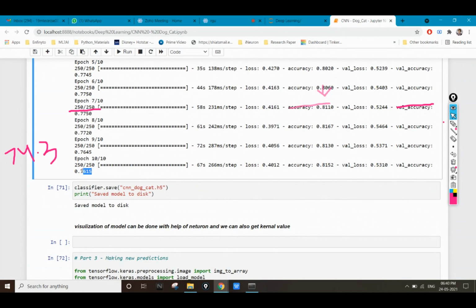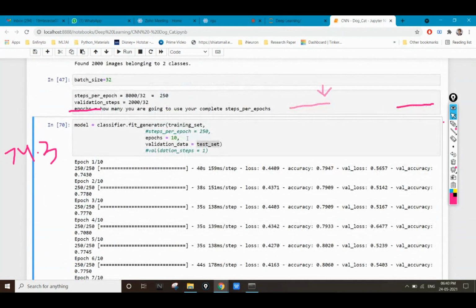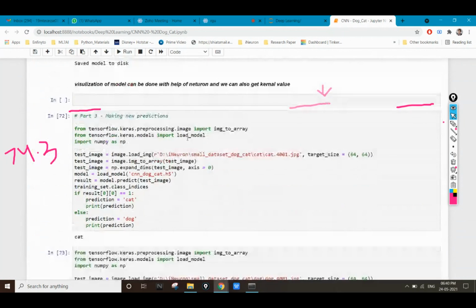If you want to see a higher accuracy, you can run it for 100 or 1000 epochs also.